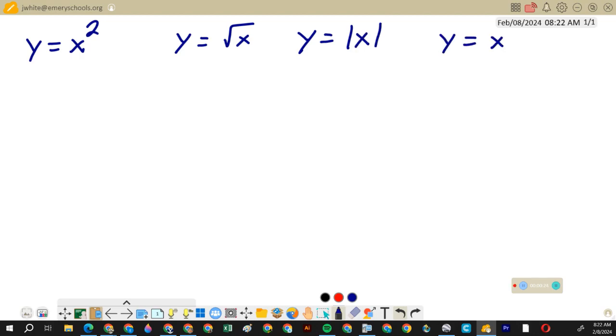This is 8.7, and we're going to be transforming the graphs of various functions. So the functions are y equals x squared, y equals the square root of x, y equals the absolute value of x, and y equals x to the third. So an x squared graph is a parabola,